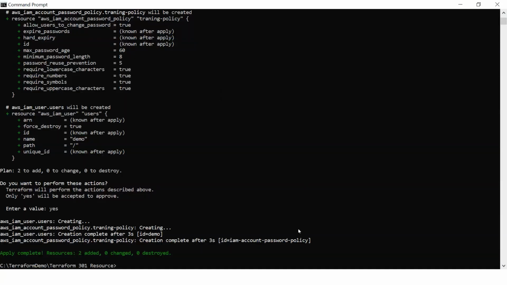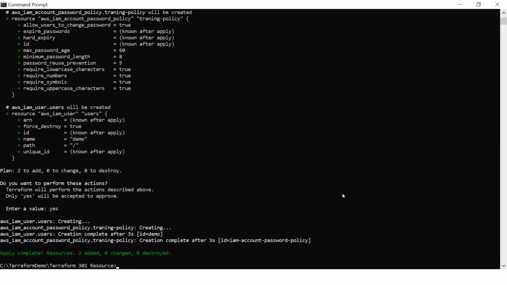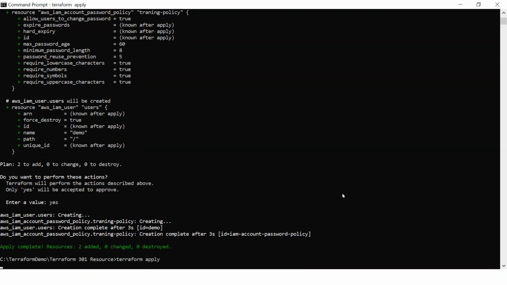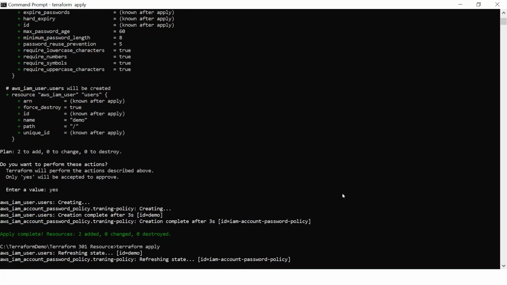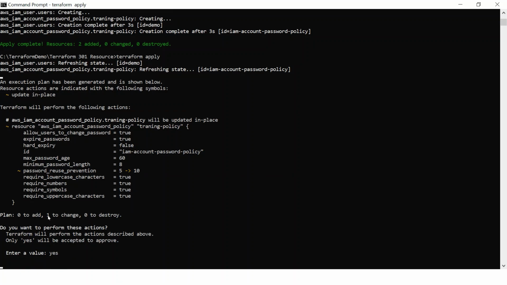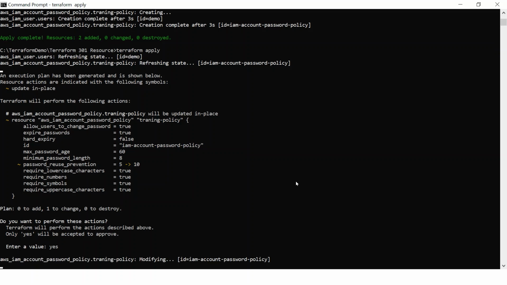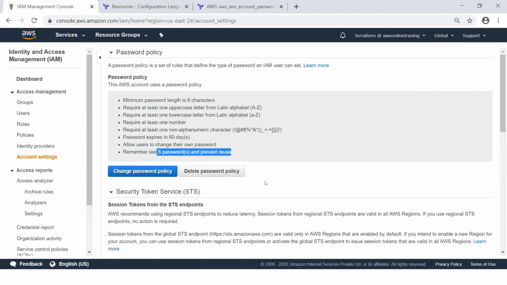So let me go and change that value. Instead of 5, I'll just put 10, and again I'll perform apply. So one resource is going to be changed, 5 to 10, the password reuse preventions. We'll see that once this is done. And then in the GUI, if I go and refresh it,